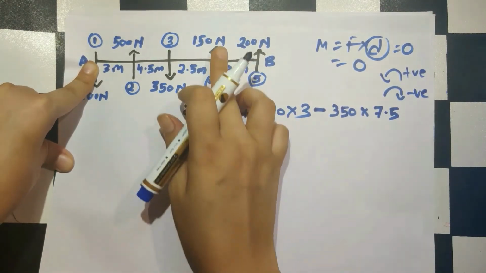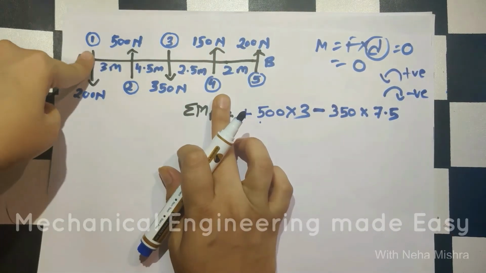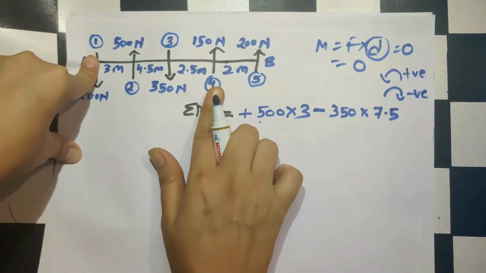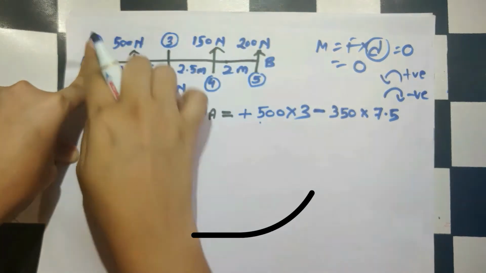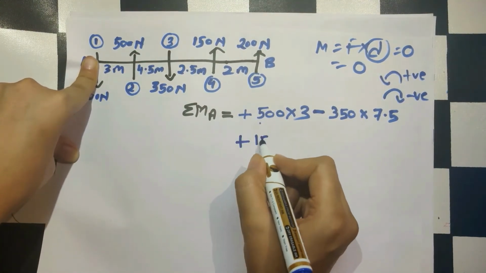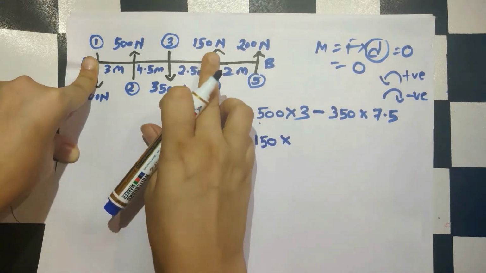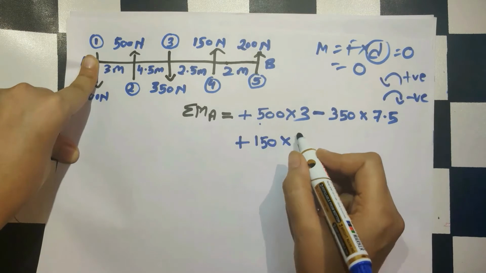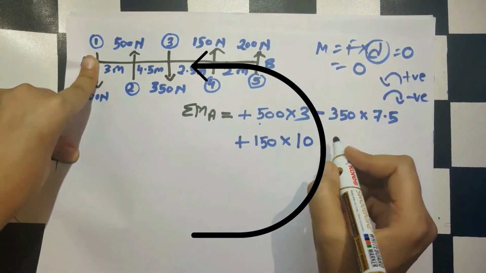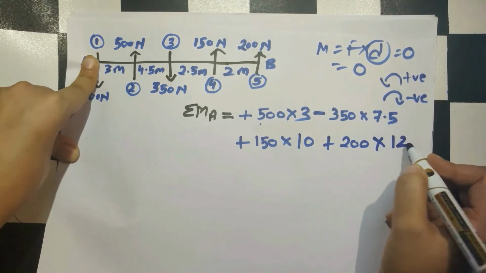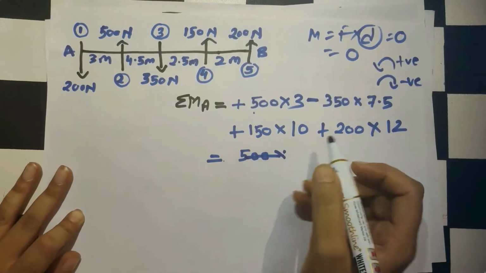Now the next force, again the same procedure. Put your finger at this point, in the direction of the arrow bring this force towards the point, and it is going in the anti-clockwise direction. Again positive 150 into the distance of this force till this point, which is equal to 10, and again plus 200 into 12. So this value comes out to be